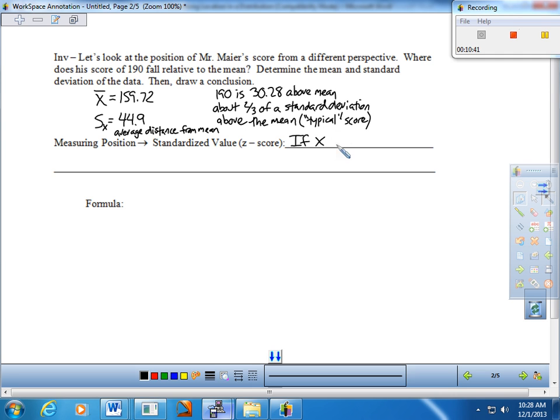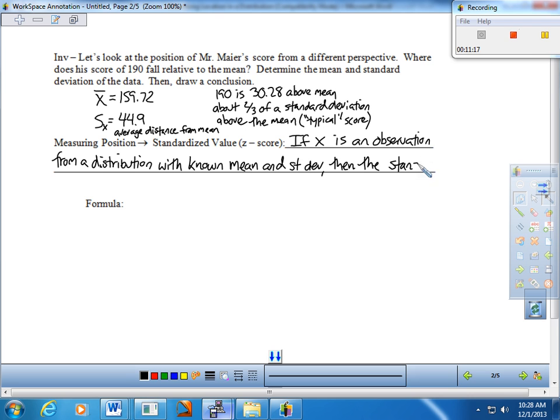If x is an observation from a distribution with a known, and this is what we got before, mean and standard deviation, then very simply, the standardized, again, we'll talk about that word quite a bit over the next few days, the standardized value of x is,